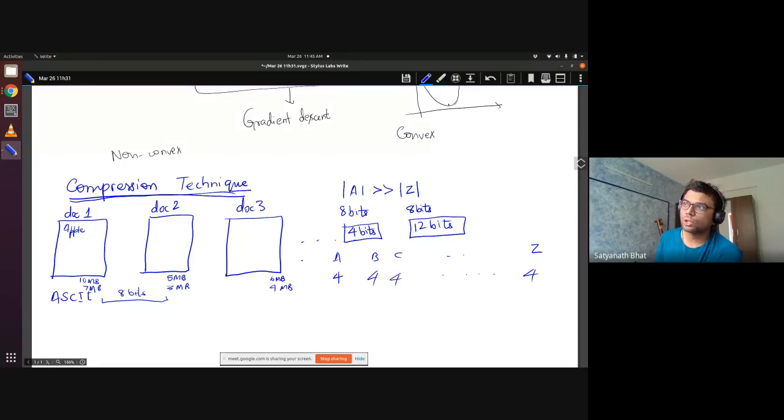Now Huffman coding is a systematic sequence of procedure. First it goes through all the documents and finds out the frequency of each of these characters occurring. Then it builds a tree. You know what a tree is, right? There is a root node and there are multiple children. Depending upon the frequency, it will put these letters in some way.